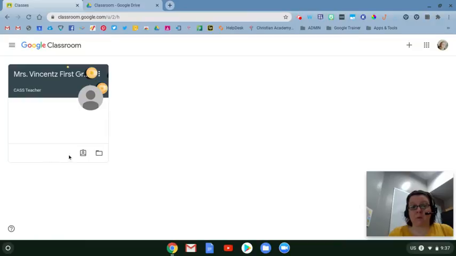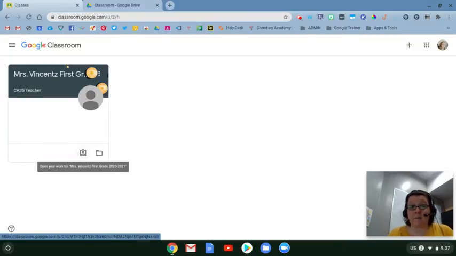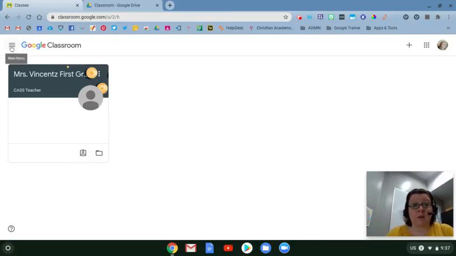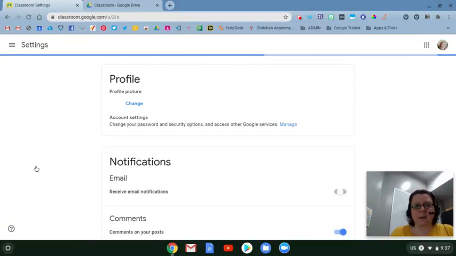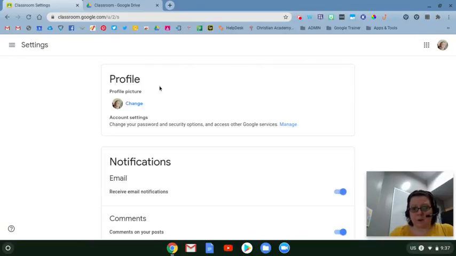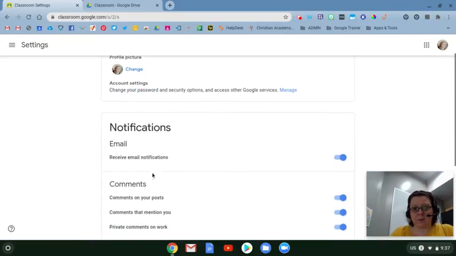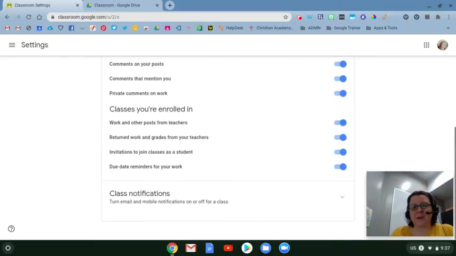Remember the clipboard icon from earlier that gives me a list of everything that is due in the coming days? Under the three-line main menu, there's that again. Also, under this main menu, it's going to list any class that you're a part of. And don't worry too much about the archived classes, but you're going to want to look at the settings. Under settings is where you have your profile information, but then these notifications are what you're going to have to